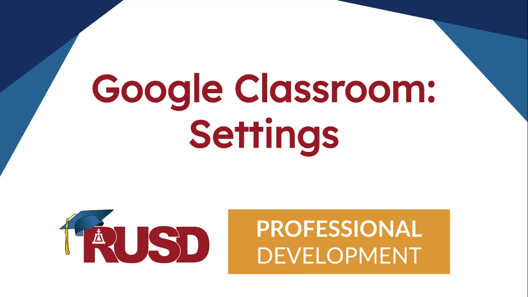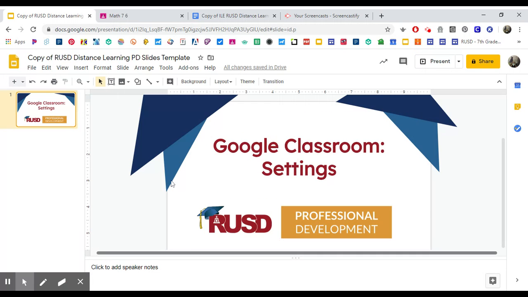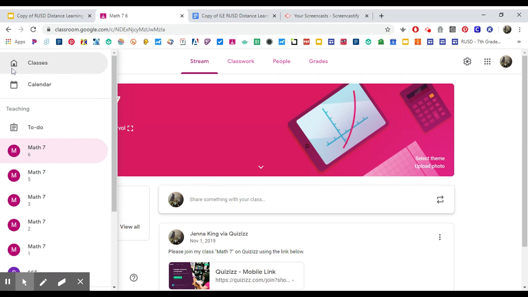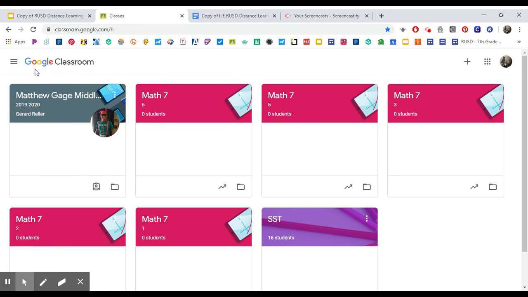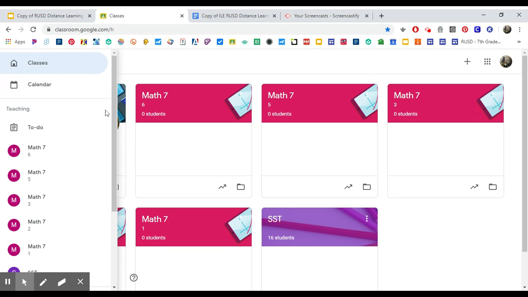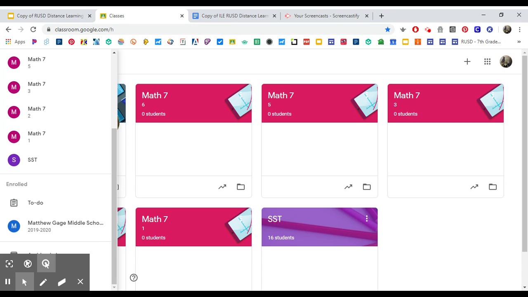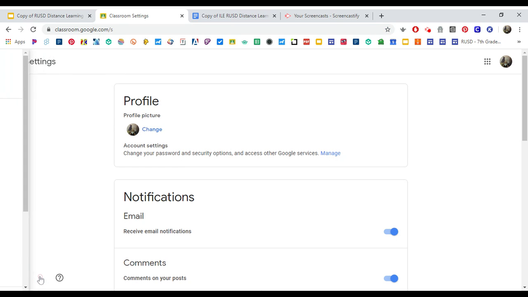Today we're going to look at Google Classroom and we're going to focus on settings. There are two places that you can focus on settings when you are working in Google Classroom. The first one is your overall Google Classroom settings that apply to all of your classes. You go to the menu bar, drop down all the way to the bottom, and you will see